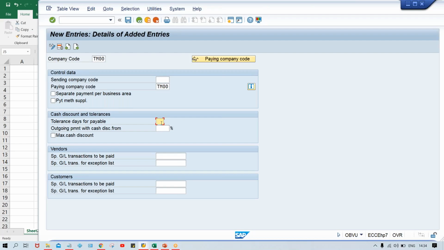First of all, try to learn the basics. And for advanced, anyway, I'm here to explain each and everything, guys. So now here, tolerance days for payable, nothing I'm going to give here. In this segment, what is happening, guys? I have covered down payment. So even down payment can be posted with the help of